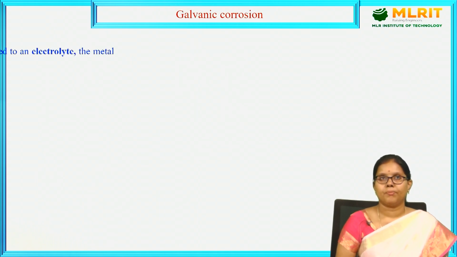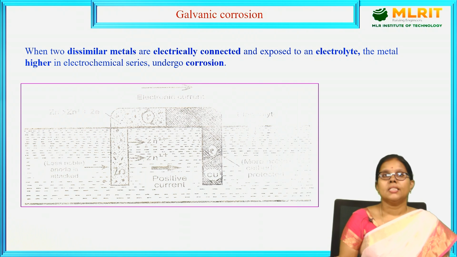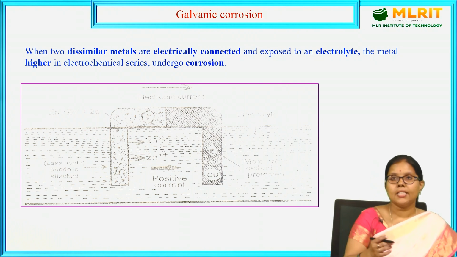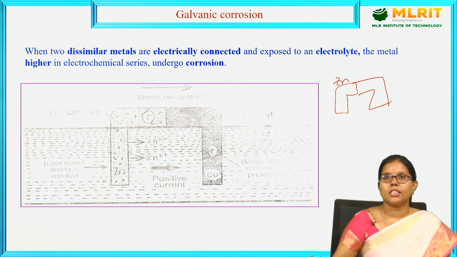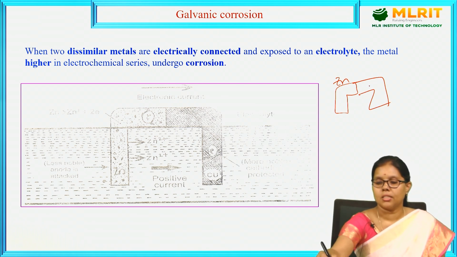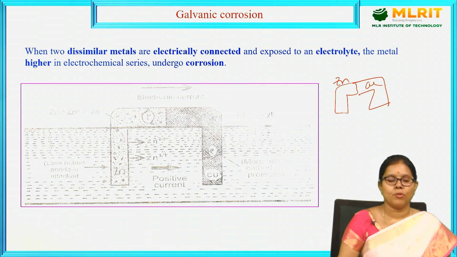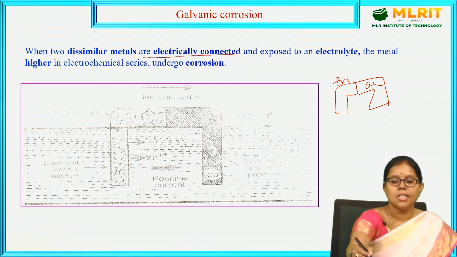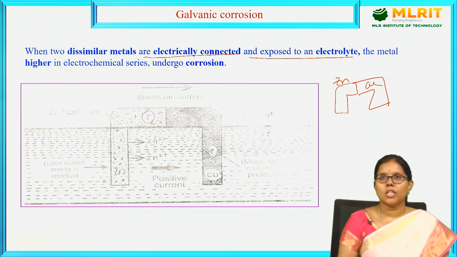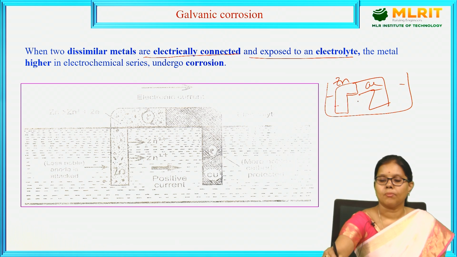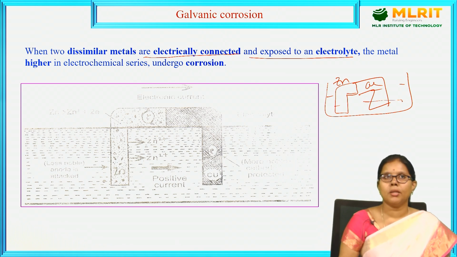Galvanic corrosion. This is the corrosion we notice when there are two dissimilar metals. Let us take an example of zinc and copper, one connected to the other. When two dissimilar metals are electrically connected and exposed to an electrolyte solution, or a corrosive medium, the metal higher in the